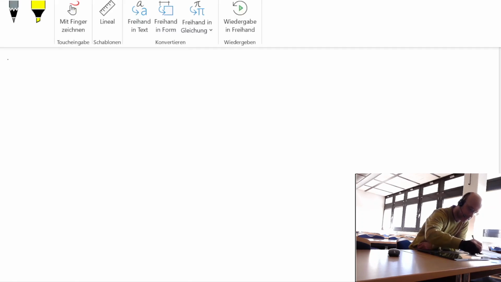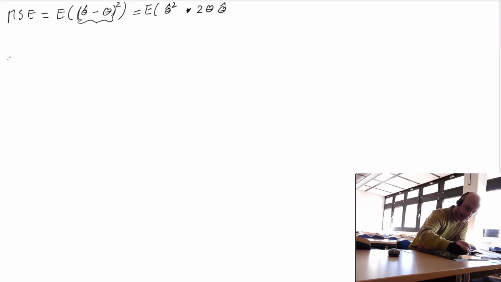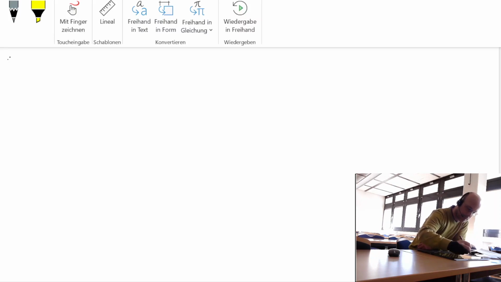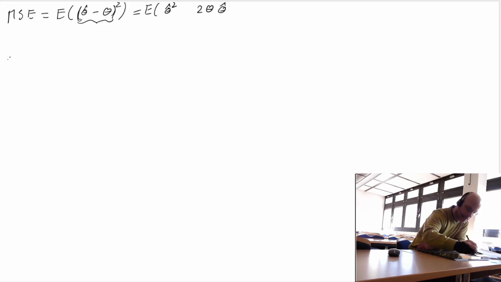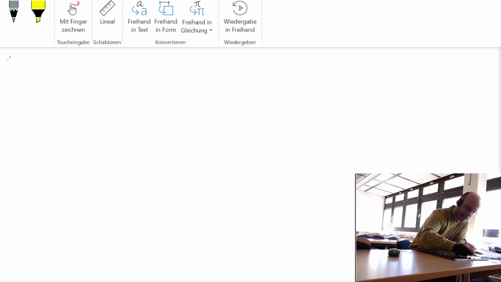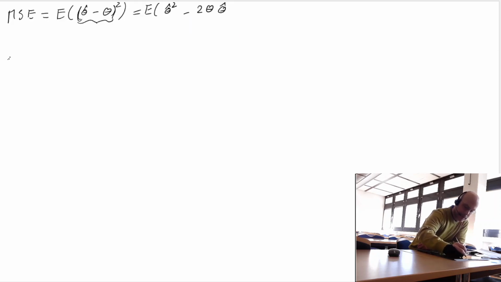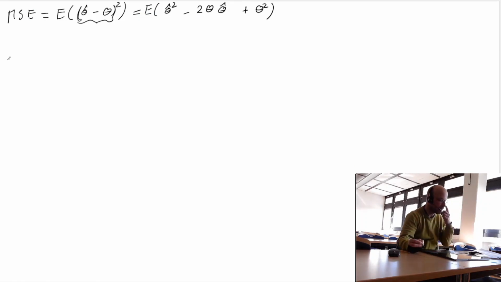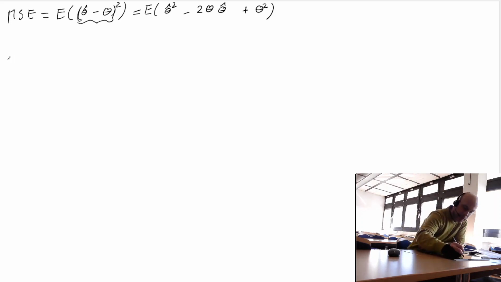So we have theta hat squared minus 2 theta theta hat plus theta squared. And then, since we have a linear operator, we can write